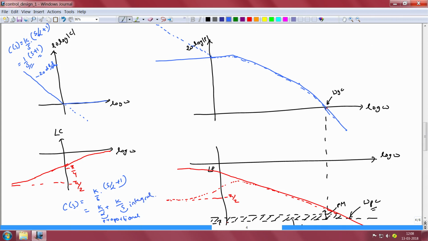Because this controller is a summation of a proportional controller and an integral controller, this is called a PI, or proportional integral controller. The purpose of a PI controller is to achieve good low frequency performance by enabling us to increase the loop gain in the low frequency region and achieve modest mid frequency performance, because we have managed to restore the magnitude characteristics to that of the plant itself.